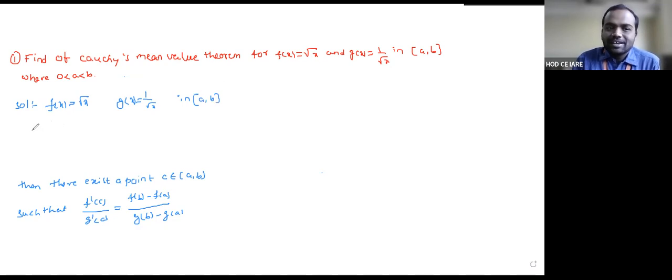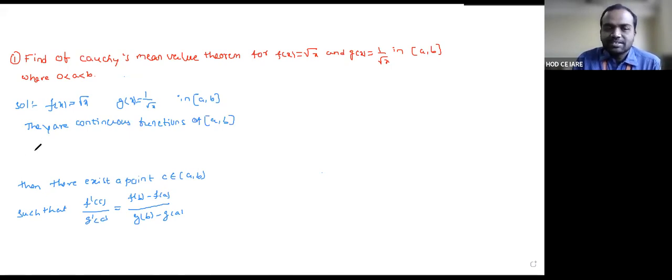Therefore they are continuous functions on the closed interval of a comma b. And next,